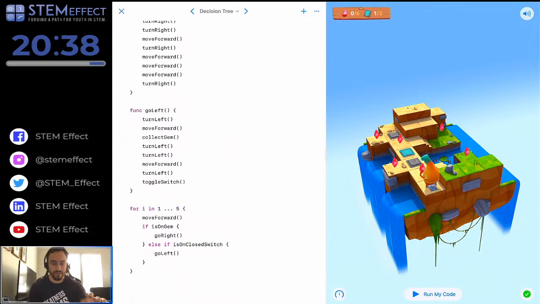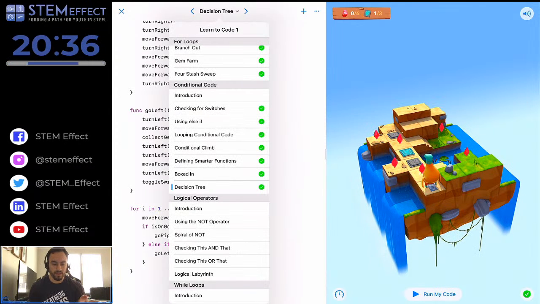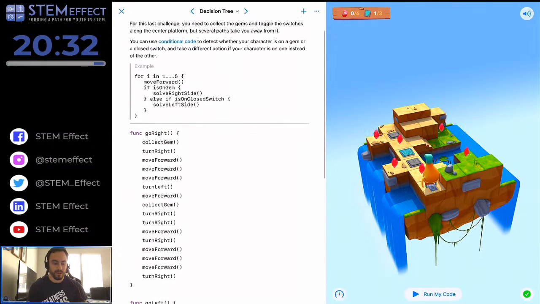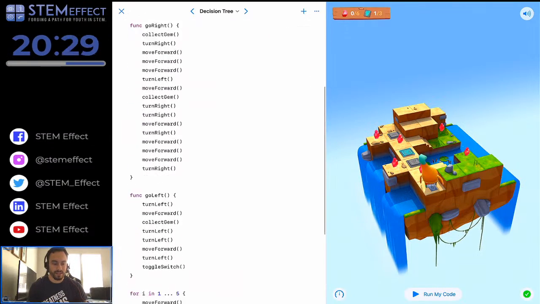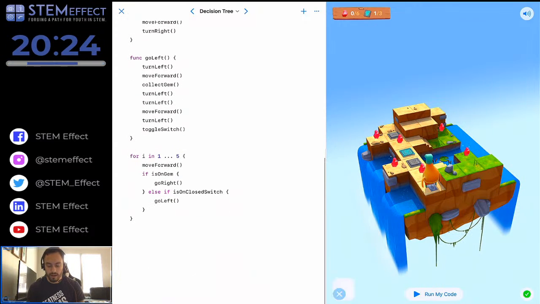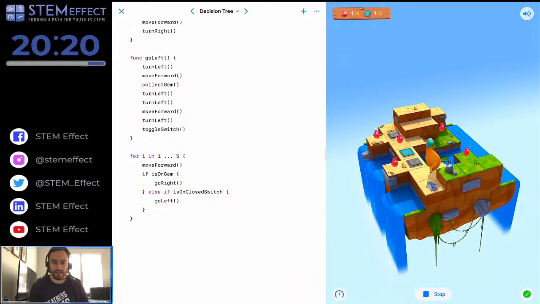Last episode, we finished up conditional code. We did a little decision tree. And if you remember, we're starting to get pretty tricky and complicated. We're learning a lot and we're learning fast. So if I just run this last exercise that we did,